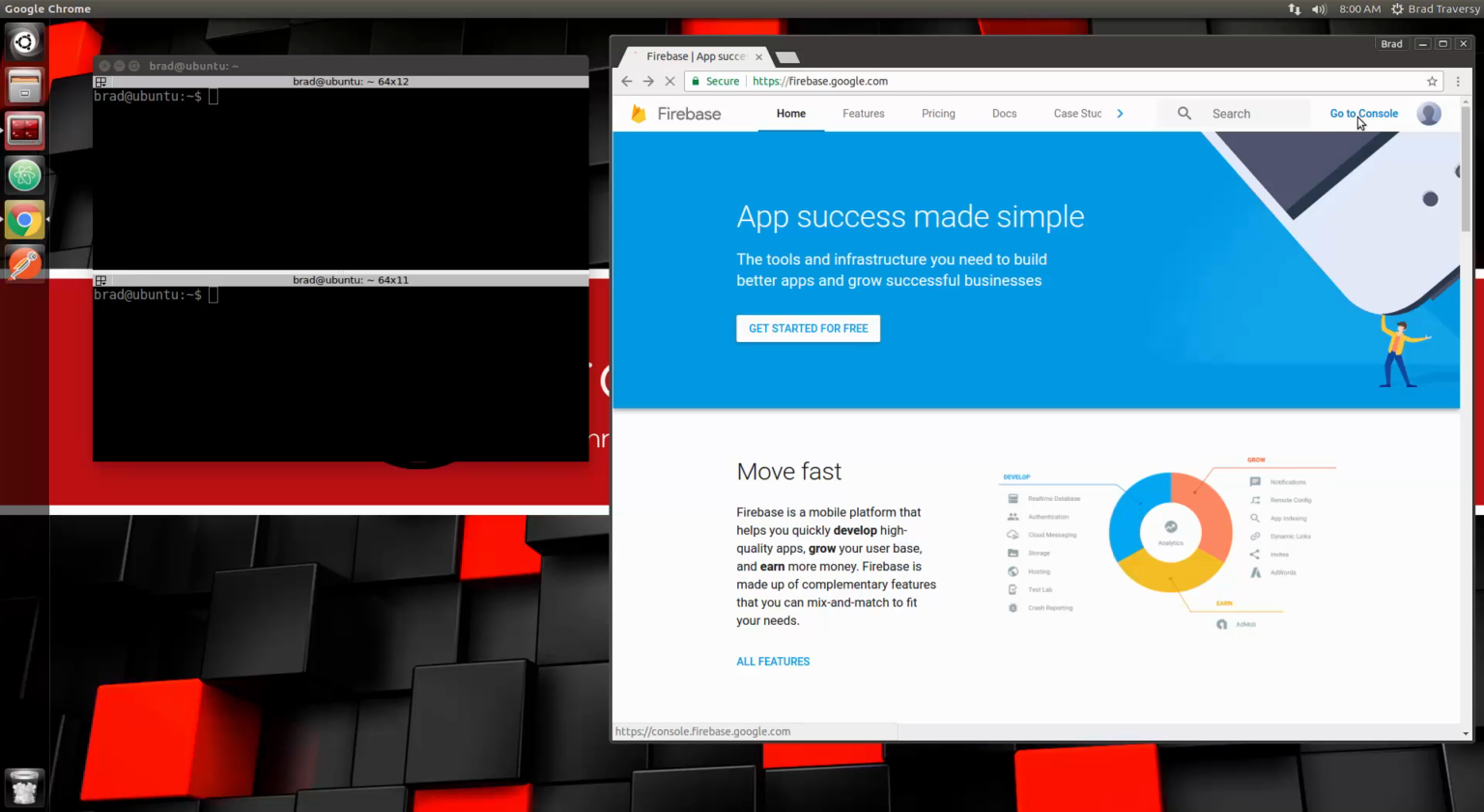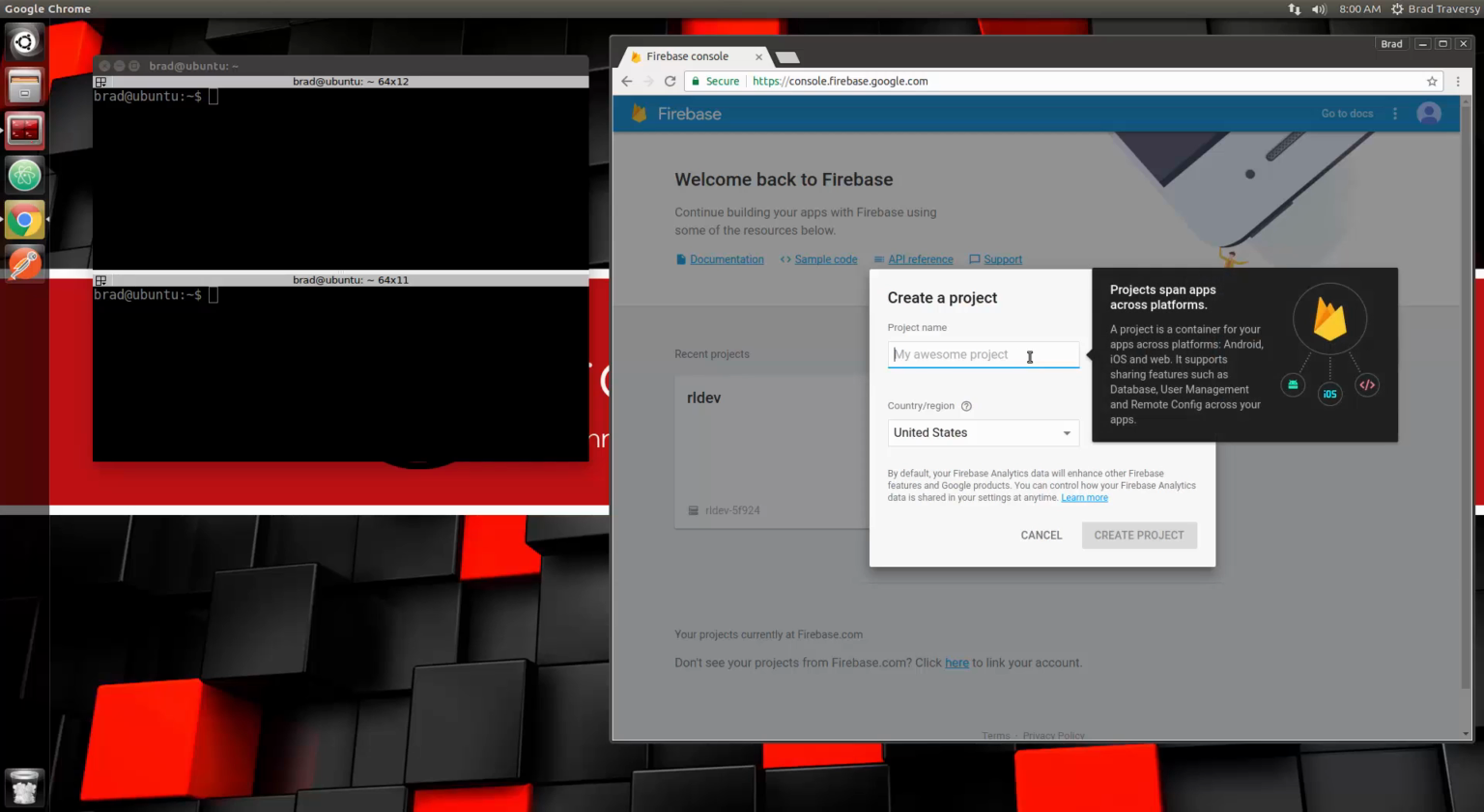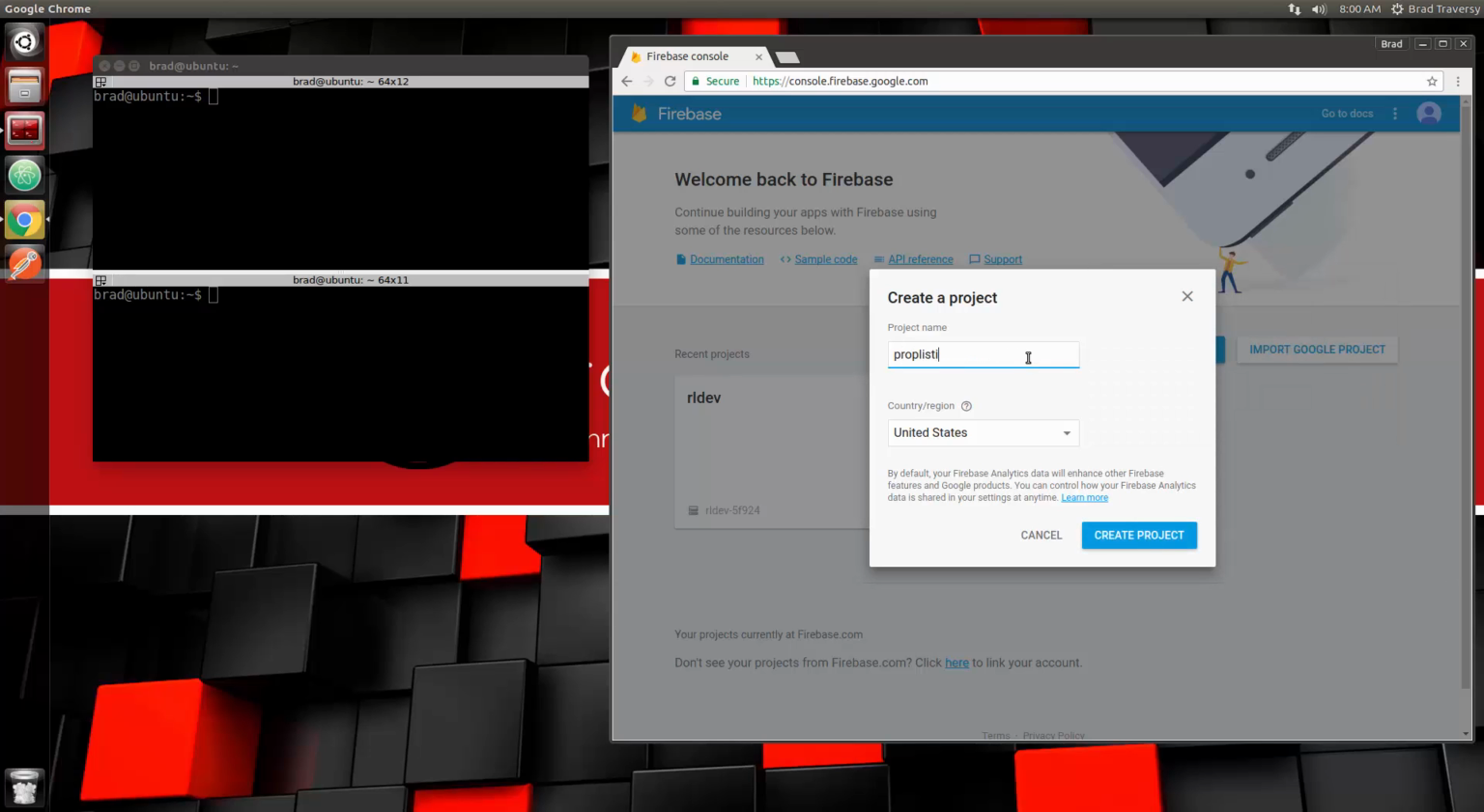Okay, so I'm going to click on go to console, and that's going to automatically log me in, and you can see I have the dev database or project here from the demo I showed you, but we're going to create a new project. Okay, so let's go ahead and click that, and I'm just going to call it prop listings. Okay, click create project,